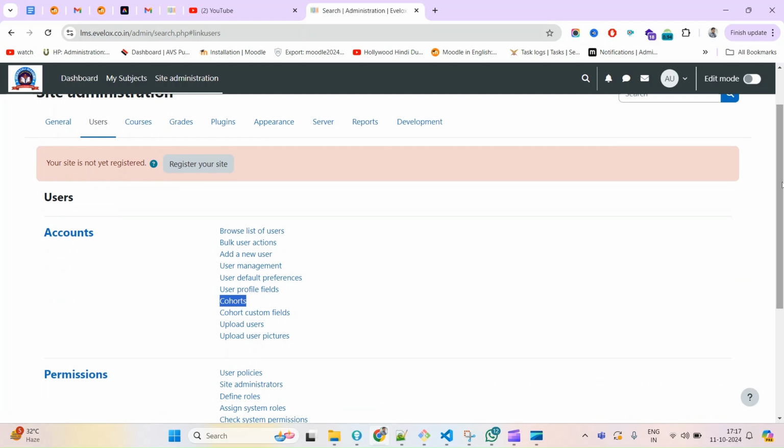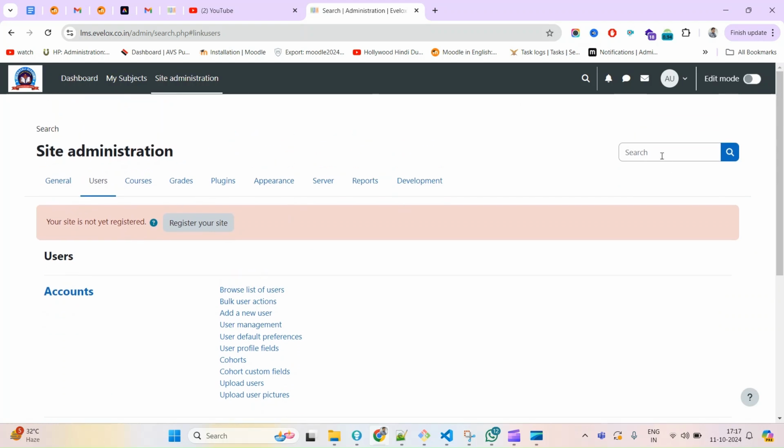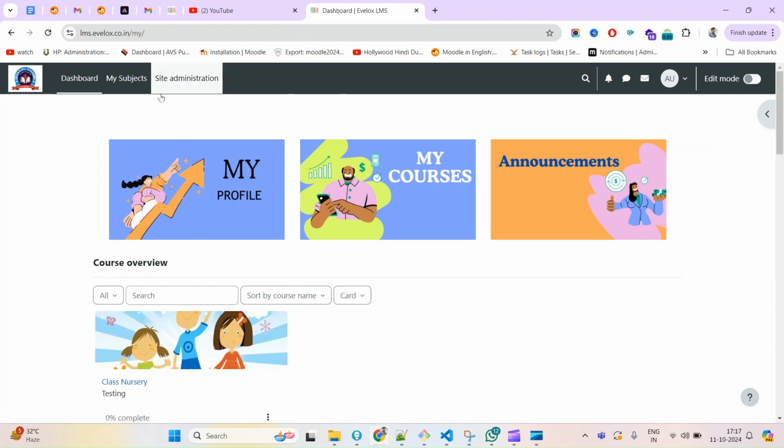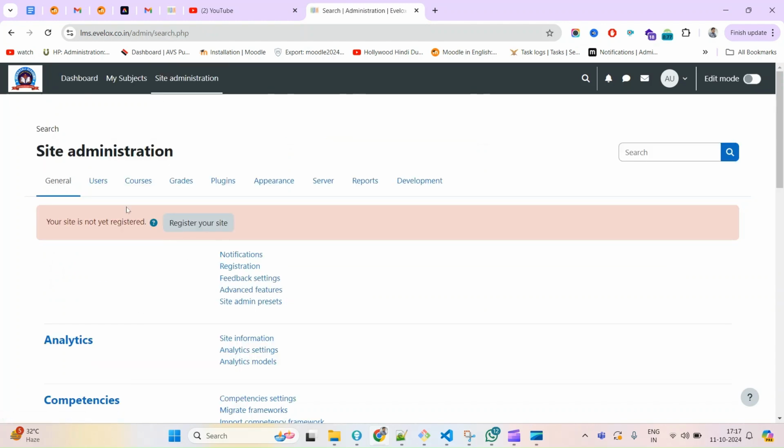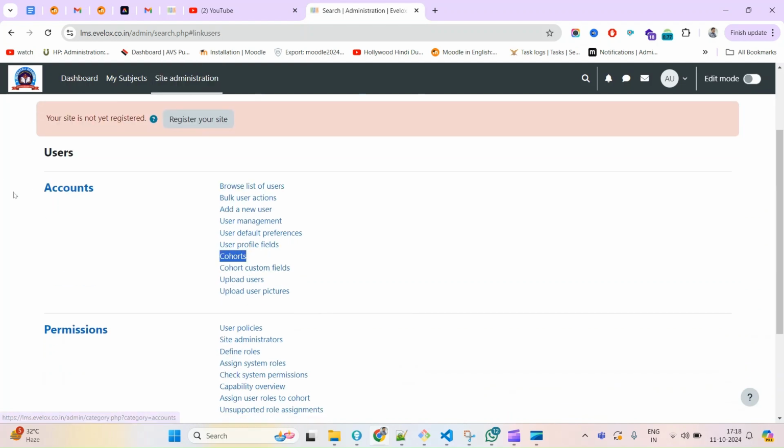Hello guys, so today we'll see how you can manage the class within this LMS. For that you will have the admin right. I am already under the login area. For that you will have to come under the site administration, then the users tab, and here under accounts you will find the list of users, then bulk user actions, add new users, and